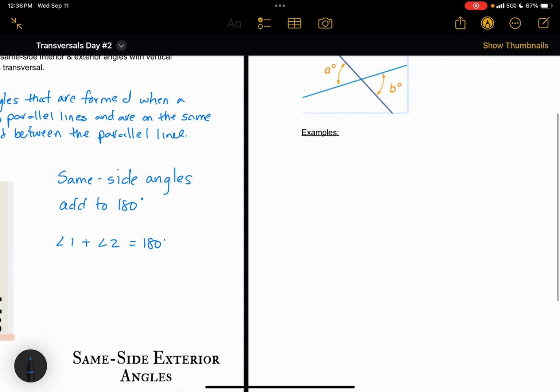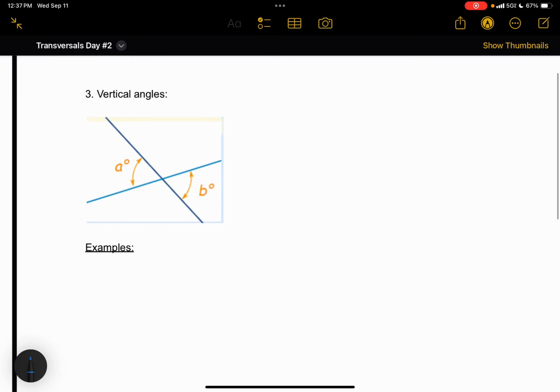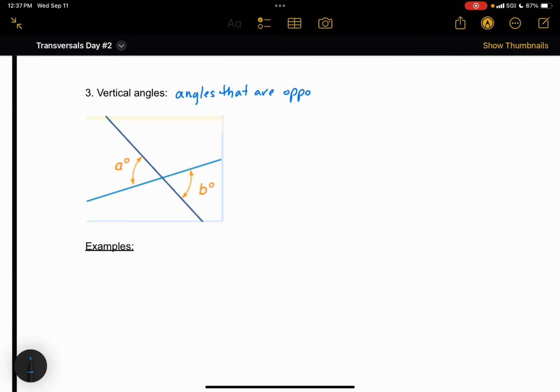Let's look at vertical angles. So vertical angles are angles that are opposite